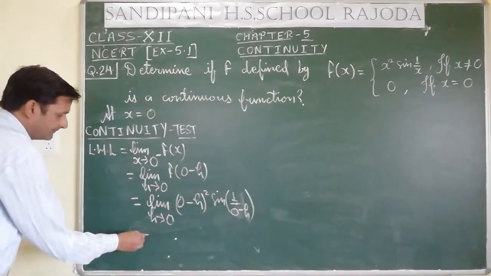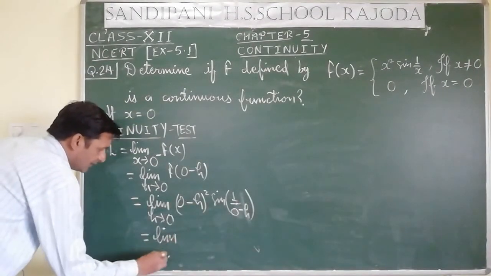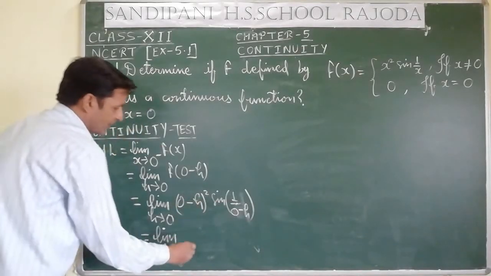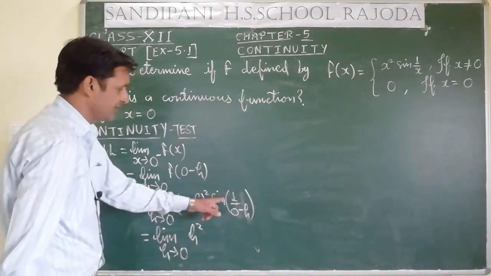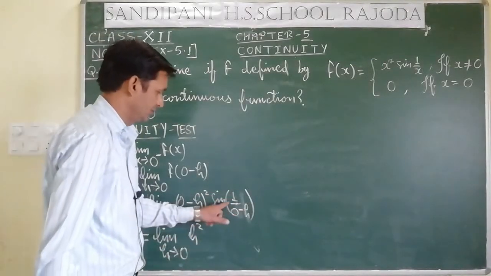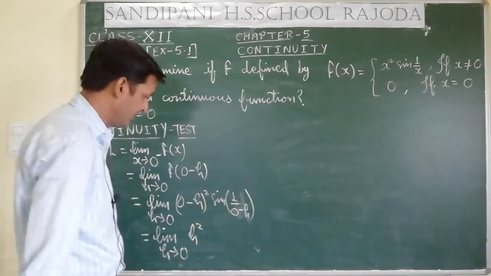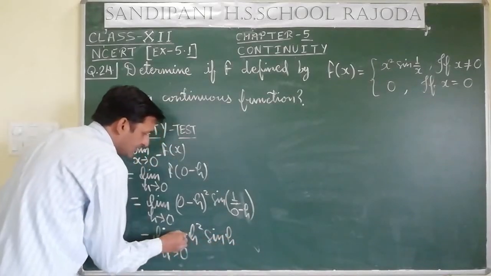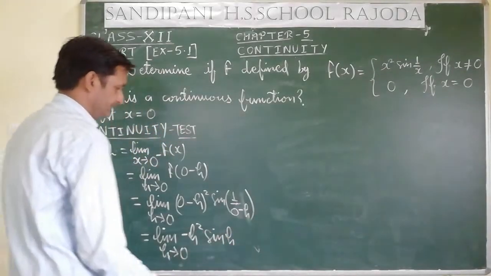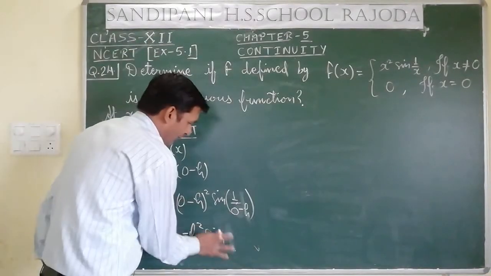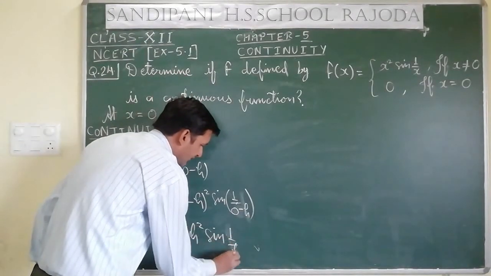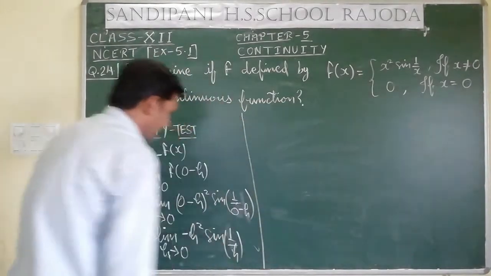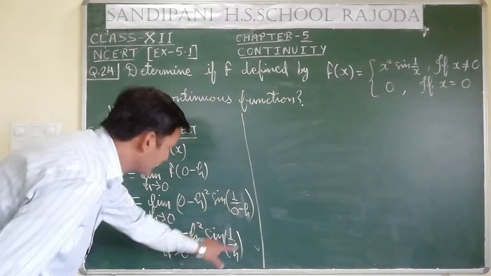So this will become limit h tends to 0, 0 minus h whole square, that will be h square only, but here it is sine 1 upon minus h, that is sine minus theta, it is equal to minus sine theta. So this will become minus h square sine 1 upon h. So you can see it very clearly that this sine 1 upon h, for this we